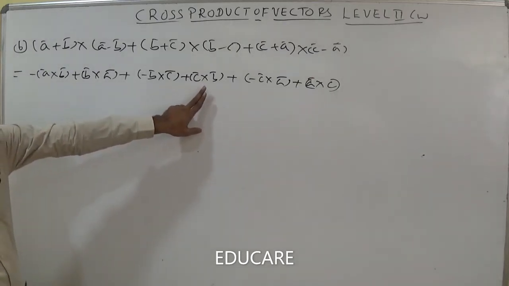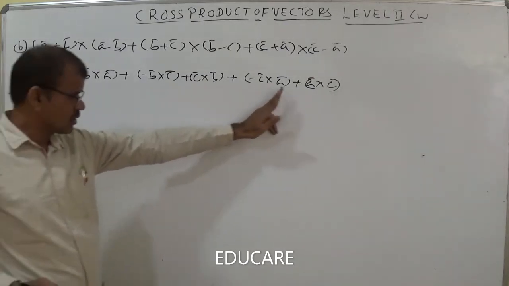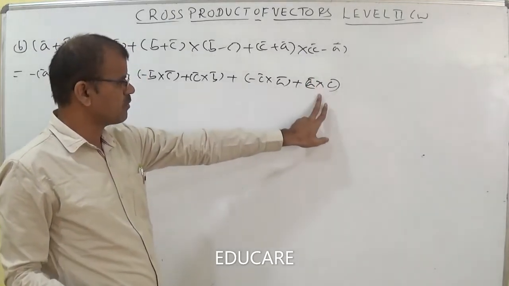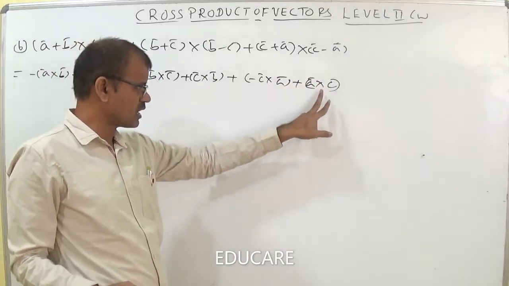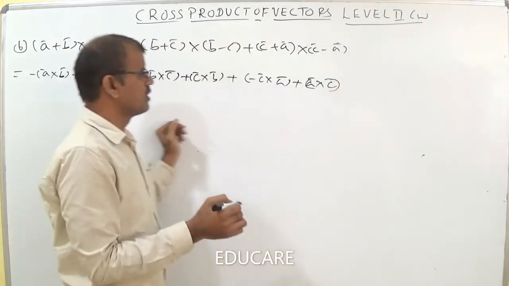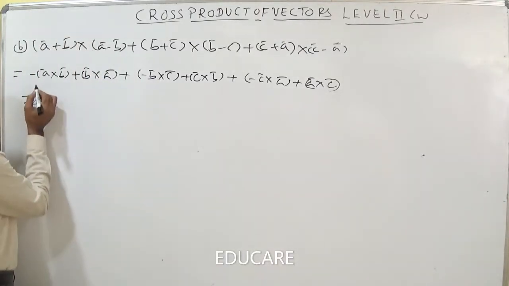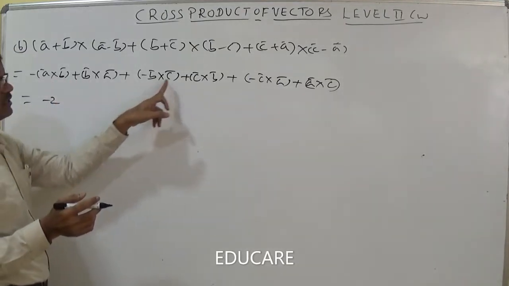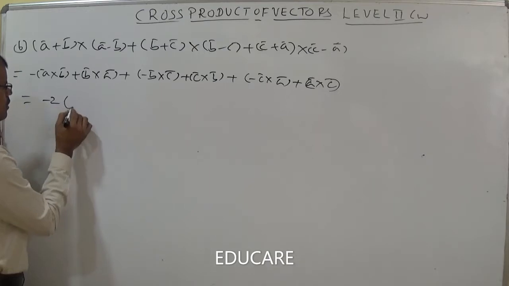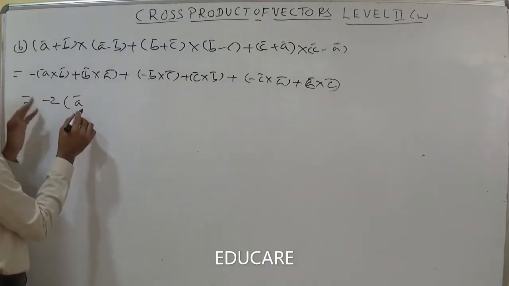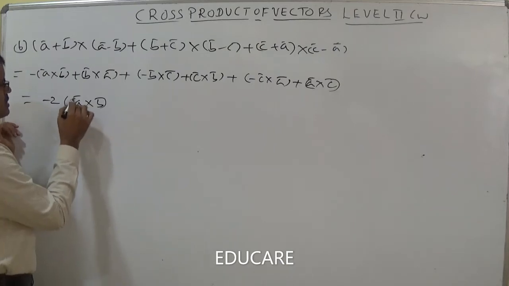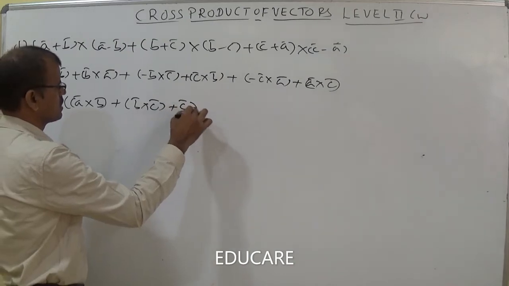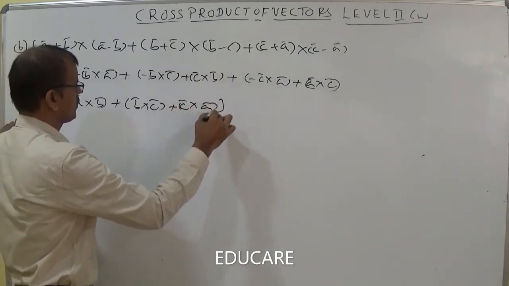If you take minus in this, you can understand minus b cross c. You can take here minus this side, I mean changing the direction. If you change the direction, in cross product it becomes minus c cross a. So you can say directly that minus for everything. Overall, for everything minus will be getting. Then you take common minus and write here minus of a cross b plus b cross c plus c cross a. This is the required answer.